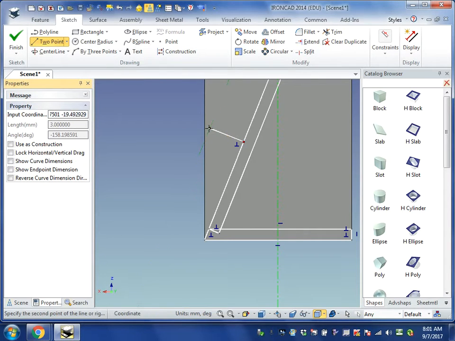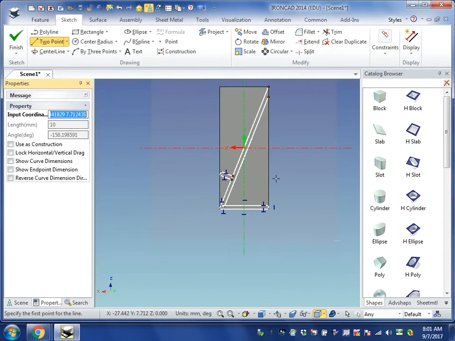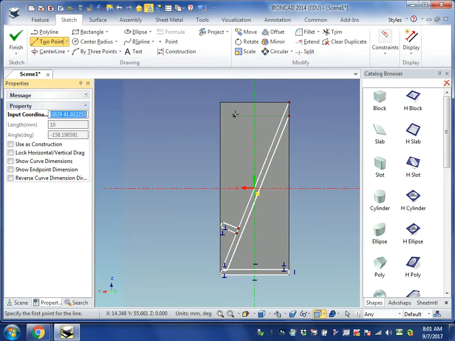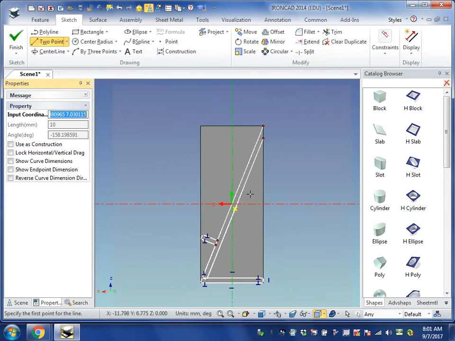So I'm going to come down, and it looks like if I go 3, we're possibly going to be going off of our block. Well, it looks like we just fit on there. So now we're going to connect this so that it is 3 millimeters. Okay. So the next thing that we're going to do is